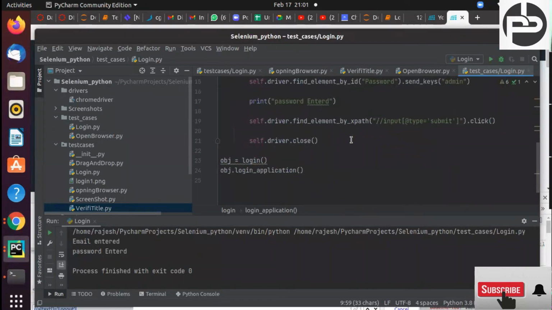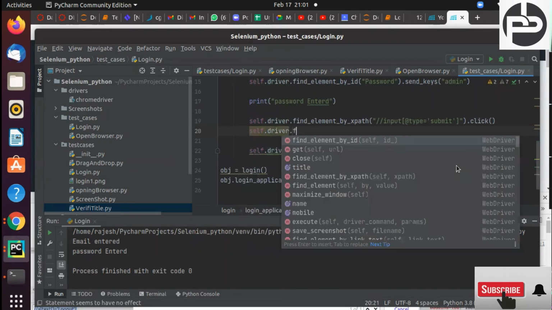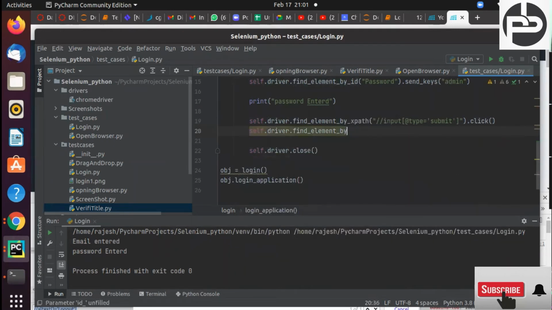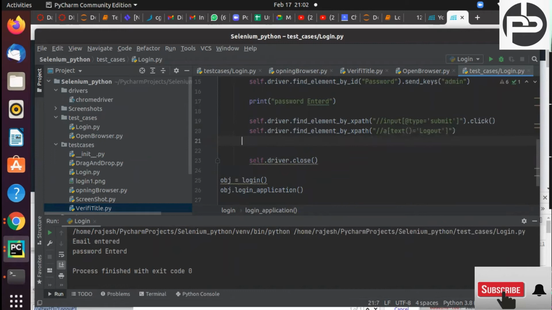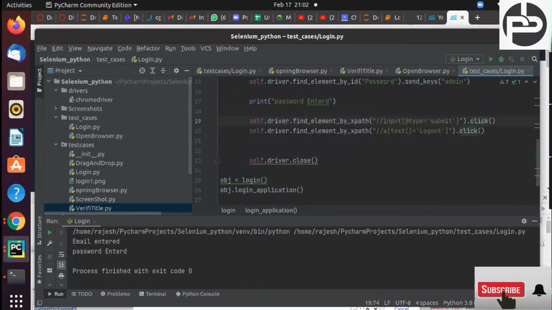Similarly, once login is done, what can we do? Click on the login and then self.driver.find_element by ID. No, by what? By XPath. And here we can pass this XPath and click on this, right? See, this is the beauty of Selenium. Selenium is giving us this method. Someone wrote this method, and you are going to call it. That's all. Whenever we have to click, this is known as the beauty of the API.